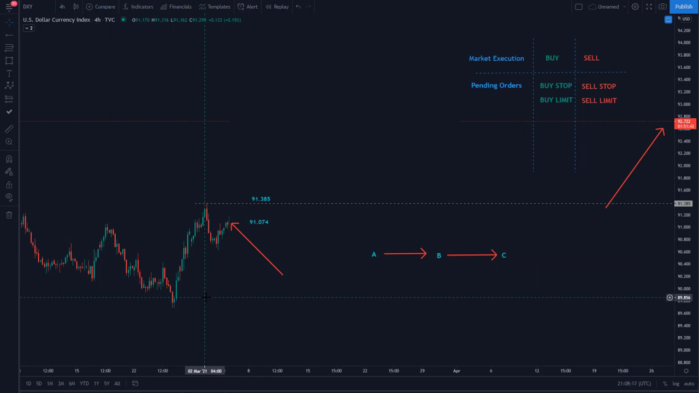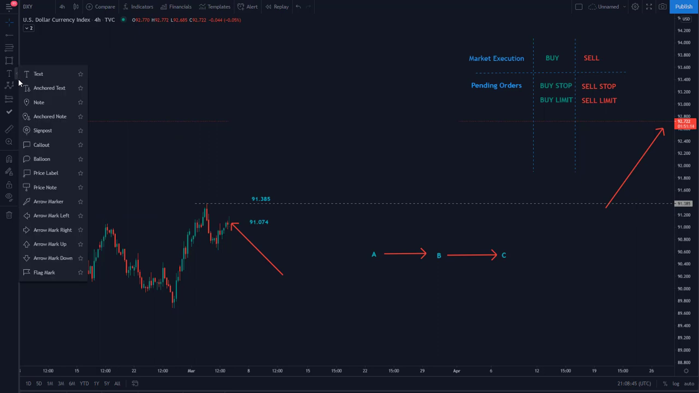Okay, and we did our analysis and we're forecasting the dollar to go higher. So I can place a pending order in the market and say, if and only if DXY goes to 91.385, then only activate my order for a buy. Meaning, you're expecting